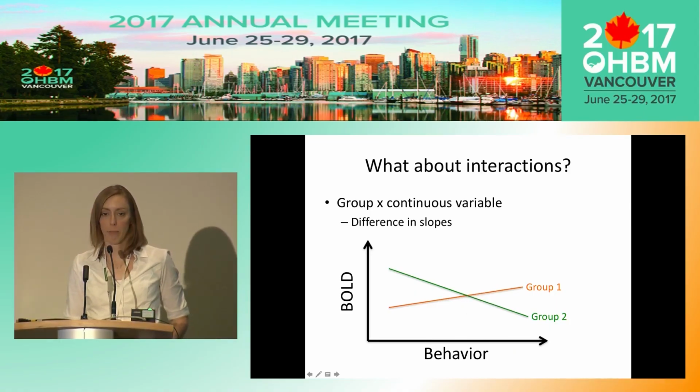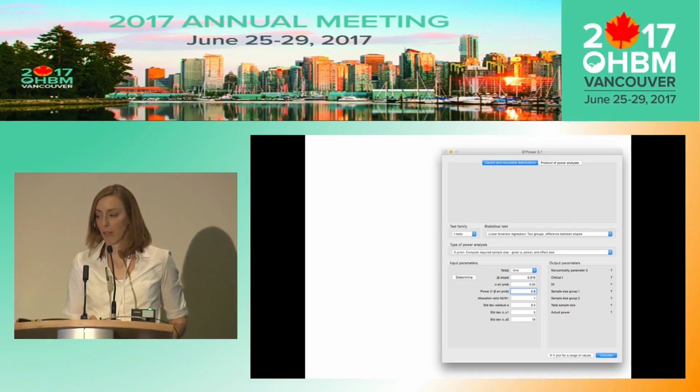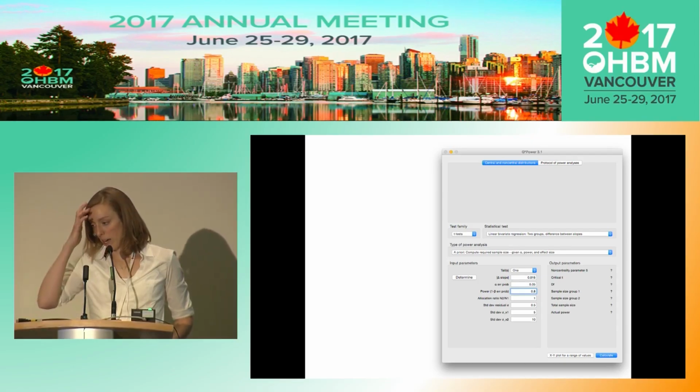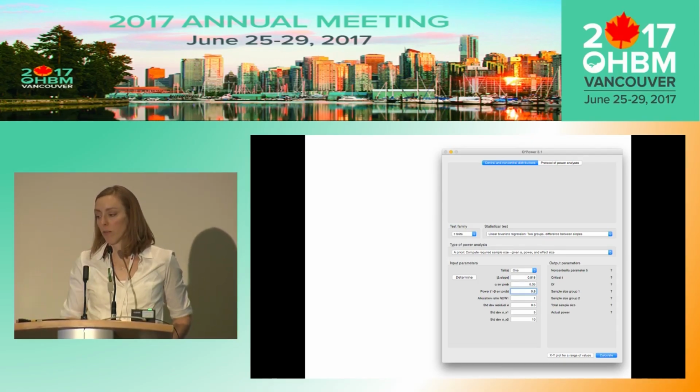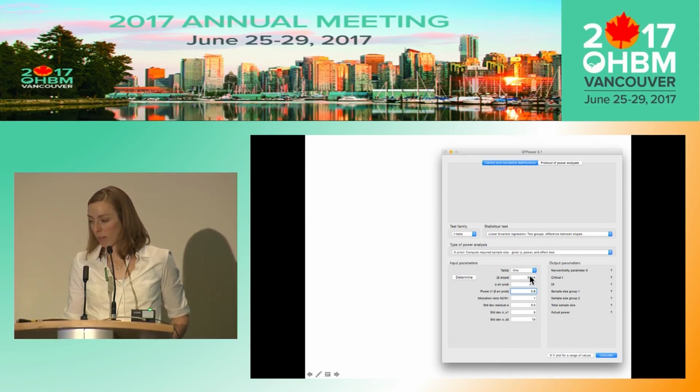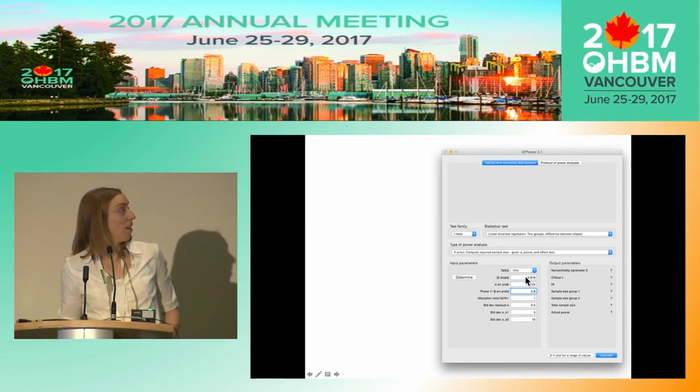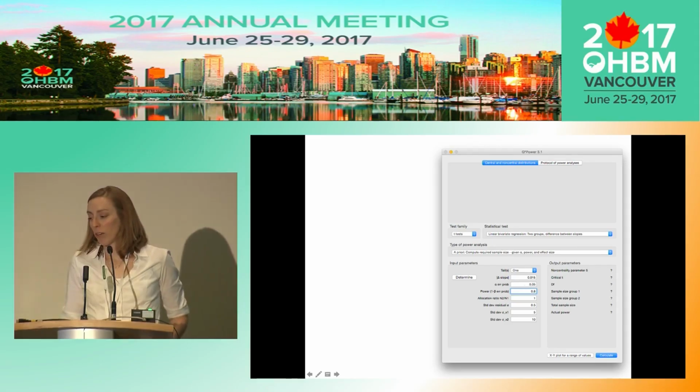How many of you have heard of G-Power? Yeah, it's a great piece of software, PC, Mac, it's available. It has this graphical user interface. It's a little hard to see. They have the option here for a t-test for testing the difference between two slopes. I'm guessing from memory, I think this is the difference in slopes. Okay. So that's one thing you have to specify.